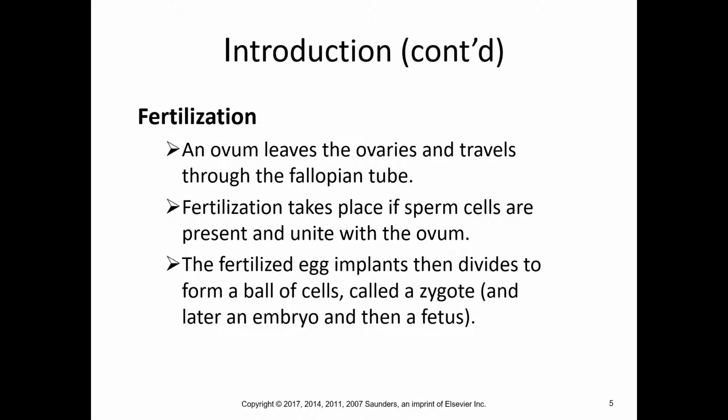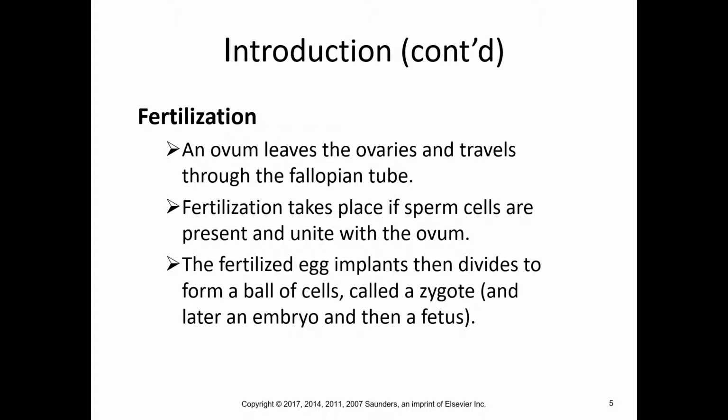Fertilization. Fertilization happens in the fallopian tubes, and so an ovum leaves an ovary and travels through the fallopian tubes. If this is timed right, sperm, of which there are several hundred million during any one ejaculation, will make their way up through the cervix, up through the uterus, and into the fallopian tubes. And if it happens at the right time, a sperm cell, a spermatozoon, will meet up with an ovum,